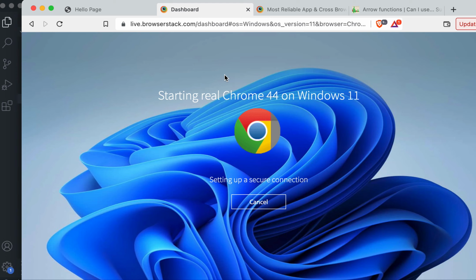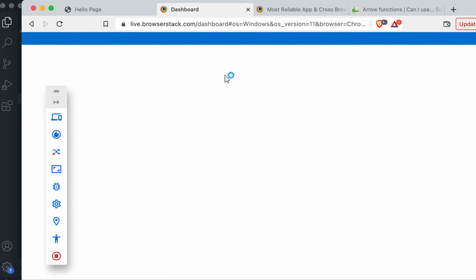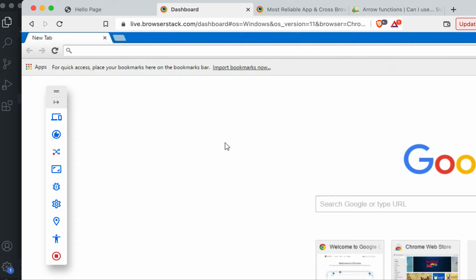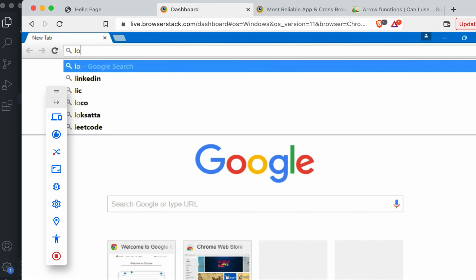So the idea is that we like modern syntax, we want to write our code in modern syntax, right? But we don't want to remove support for older browsers. So let's say this Chrome 44 has now started, right? Now in this Chrome 44, I run this piece of code,